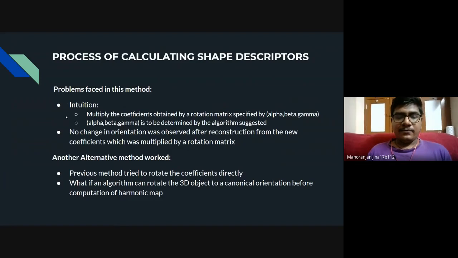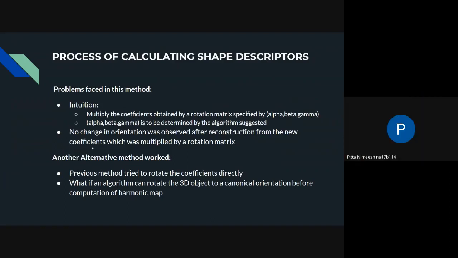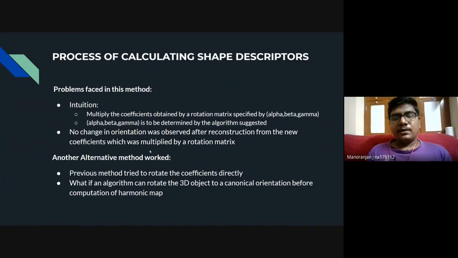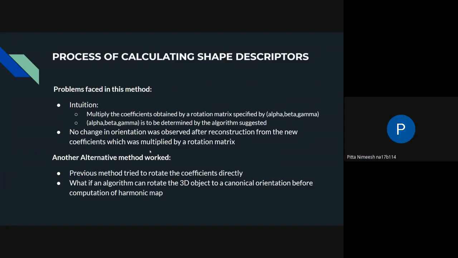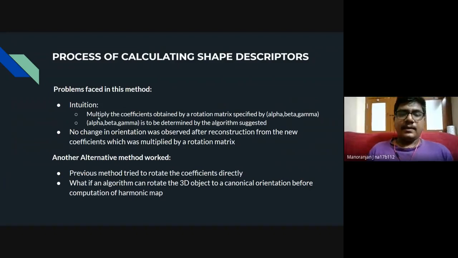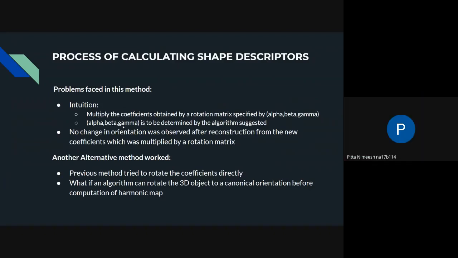There are algorithms that do that, but I didn't understand it particularly well. That part is still a problem here. So that orientation should come up, and then we have to go to that orientation and compute the shape descriptors. Yeah, but how will you fix that reference or canonical orientation? If I give you a shape, this should be its canonical orientation.